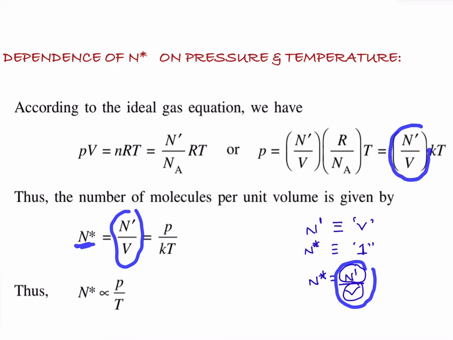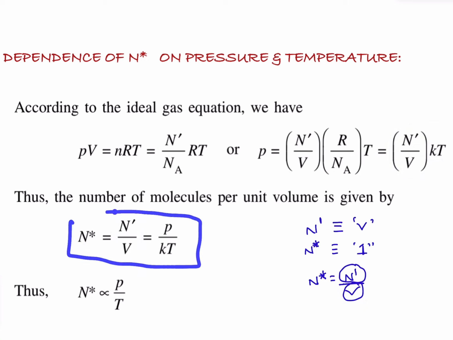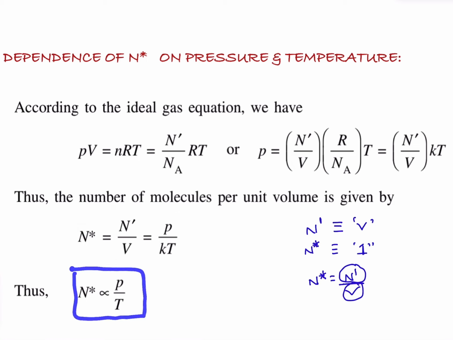So from this n prime by V, that is n star, send this kT to the left side, that becomes P by kT. In coming derivations, we will be using this expression many times, so that's why n star is directly proportional to P by T. It is directly proportional to P and it is inversely proportional to T. So this is the effective number of molecules, otherwise the number of molecules present per unit volume. This is the pressure